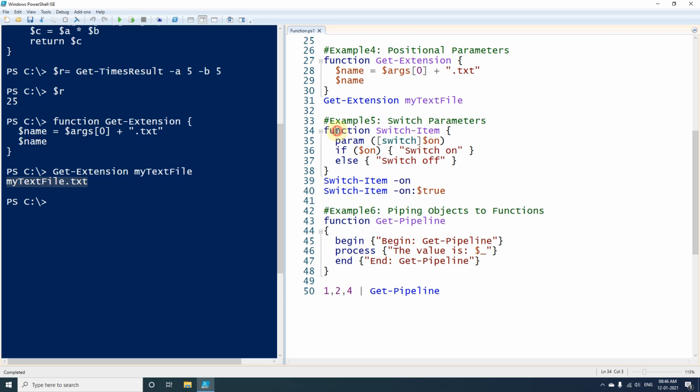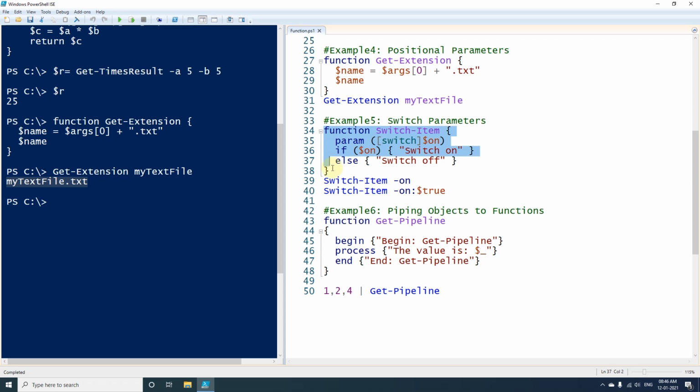In this function you can see in the first line I have declared the switch parameter, and after that I am checking the value of it. If some value is there inside the switch parameter, then I am just printing switch on. And if no value is passed, then I am simply printing switch off.